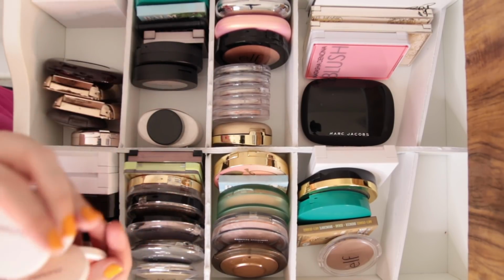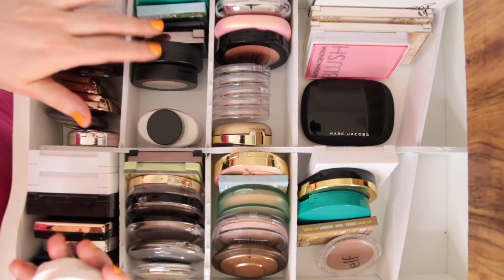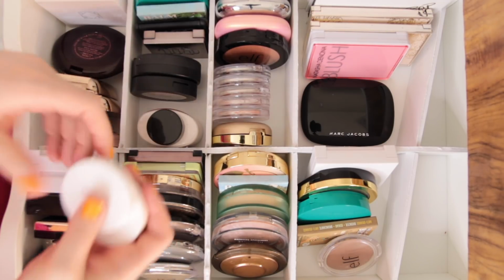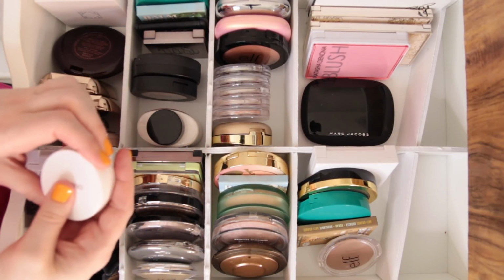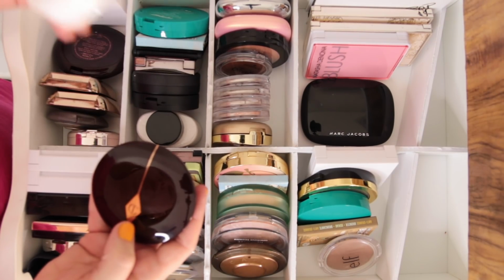You know, like I know these Hourglass blushes incredibly well. I know this Becca blush. I know this Ciate blush, Balm blush, Urban Decay. There's ones in here where I'm like, yep, I know that inside and out and back and forth. And I think I want to pull some of these, kind of newer to me blushes. I've got that blush palette. So I think what I'm gonna do,